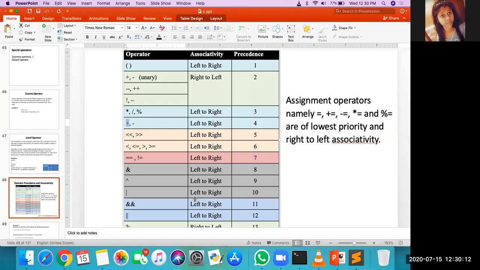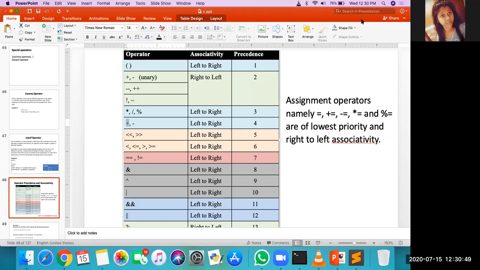Yes, it's already 12:30, so I think we should stop. If you have any doubt, you can share it with me. Are you able to install the Ubuntu operating system, or are you using VirtualBox? In that VirtualBox, are you using Ubuntu, or an online C compiler? Online C compiler? Okay, correct, no problem.